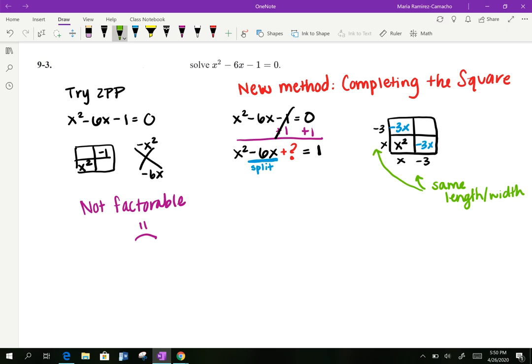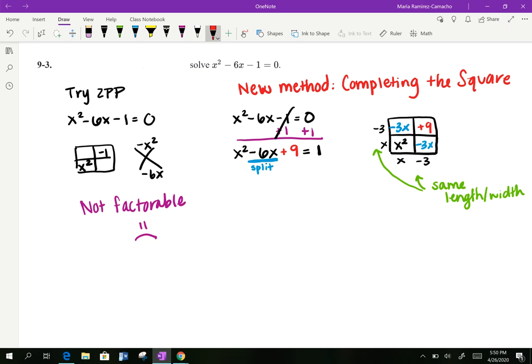So to complete this square, because squares have the same length and width, what does this term need to be? The answer is positive 9, because negative 3 times negative 3 is positive 9. Okay, so in order to complete that square, I just need to add 9 to x squared minus 6x in